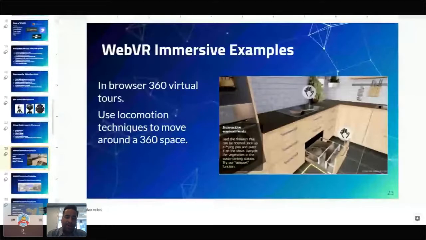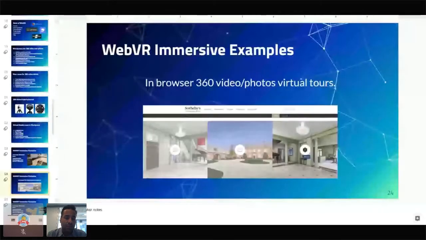This example right here is a more classic 360 presentation where you're clicking on an image and deploying a 360 video. So when you're doing this through your desktop or your laptop, your medium is the mouse. So that's how you control the 360 environment. If you were to use this on a headset, now there's no mouse. Maybe you could use something like gaze interaction, and we're going to cover that in a bit.